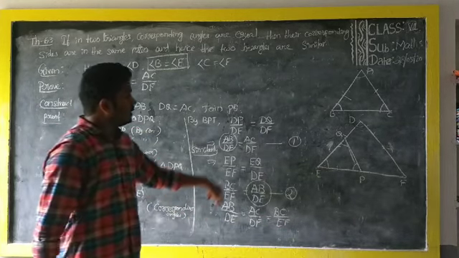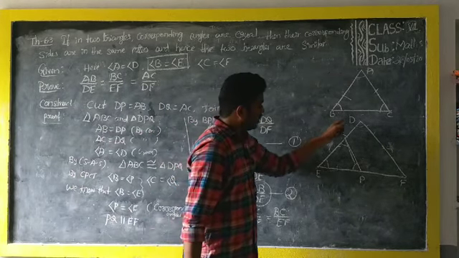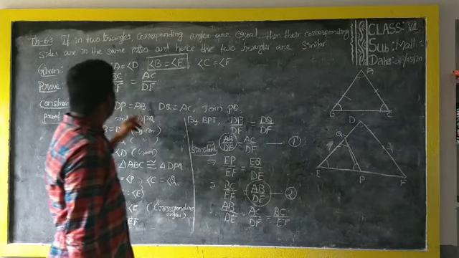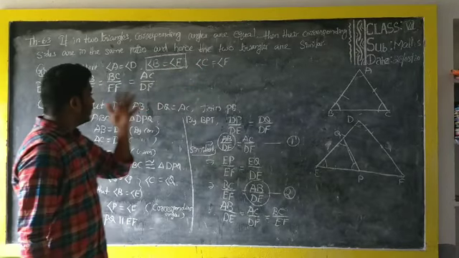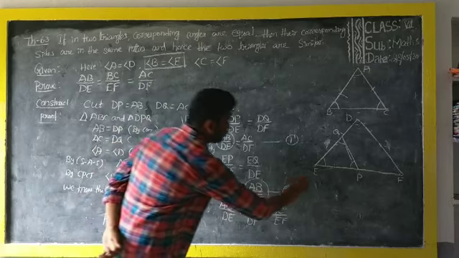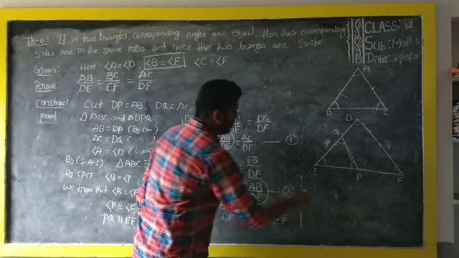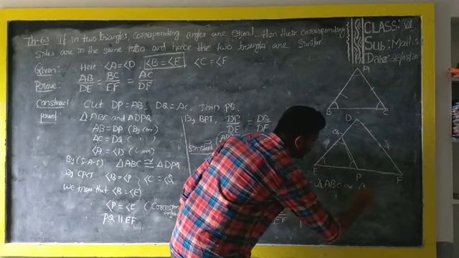Okay, AB by DE equals AC by DF equals BC by EF. So if in any two triangles the corresponding angles are equal, then the corresponding sides will be proportional. Therefore, the two triangles are similar. Triangle ABC similar to triangle